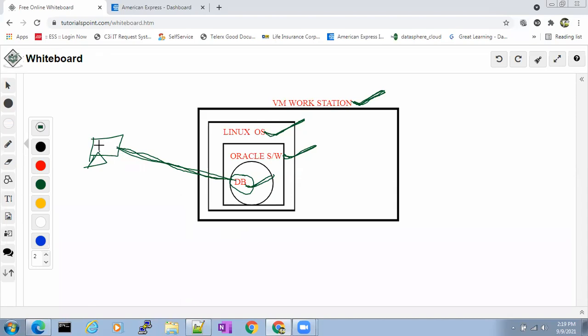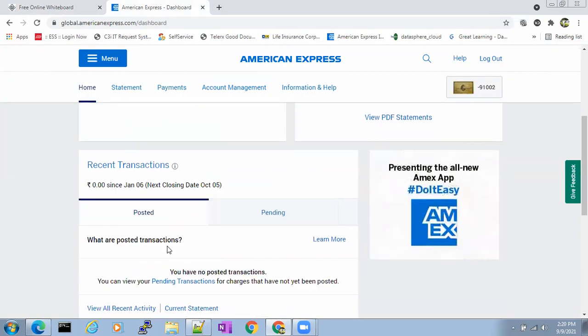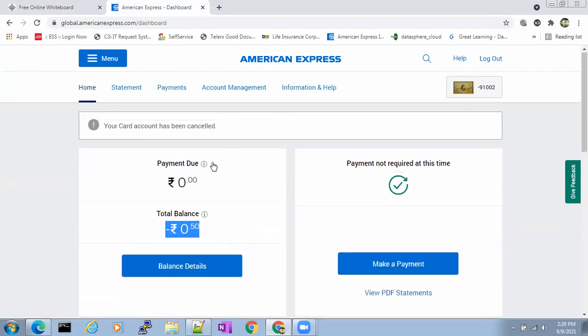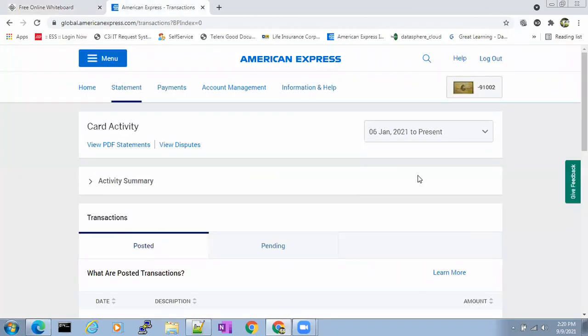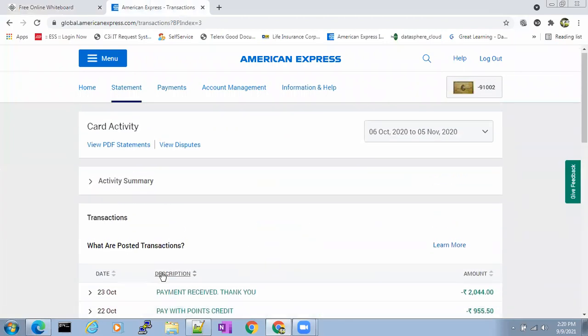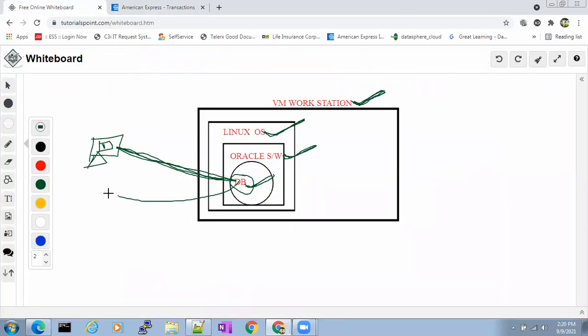So the user will open the application here and click on login. I just clicked on login and I'm able to see the data. This is my data. See, I'm able to see the data. It's very clear, right? When the user clicked on login, it connected to the database. And I'm able to see the data now. From where is this data coming? This data is coming from the database, and the user is able to see the data now. Only when the database is there.